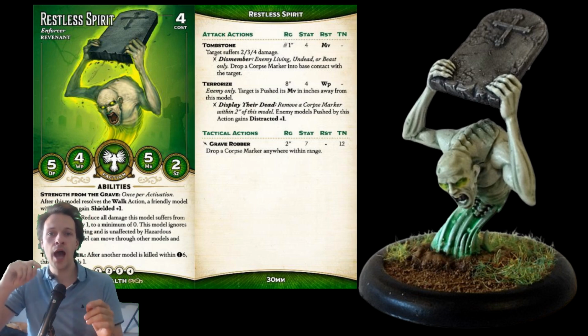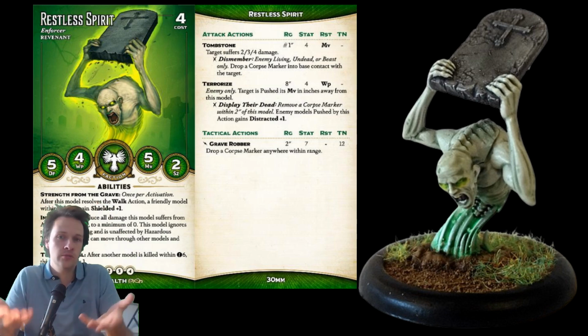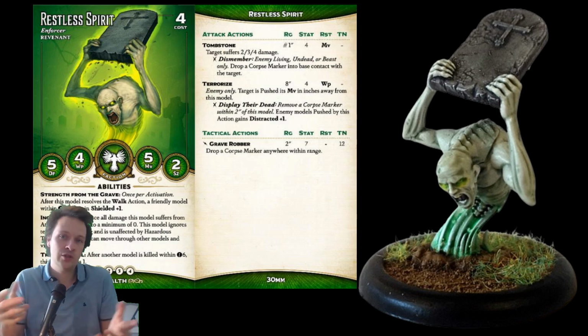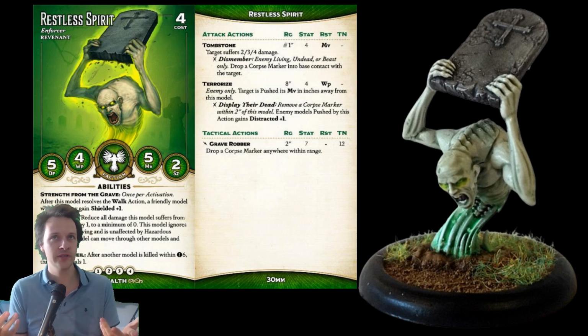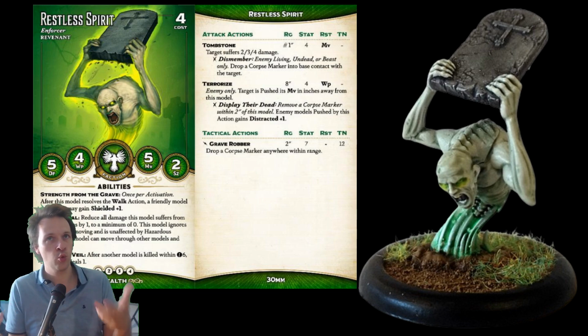The first one is the out of keyword Restless Spirit in Resurrectionist. This is a Reva model. This is basically a ghost with a big tombstone that can, with a bonus action, summon or drop a corpse marker. It is very key to have this model if you want to use Toshiro to summon an Ashigaru on round 1, because you don't really have a corpse marker on round 1 without it. In my experience, having this model in your crew is basically allowing you to have an Ashigaru summoned at round 1,